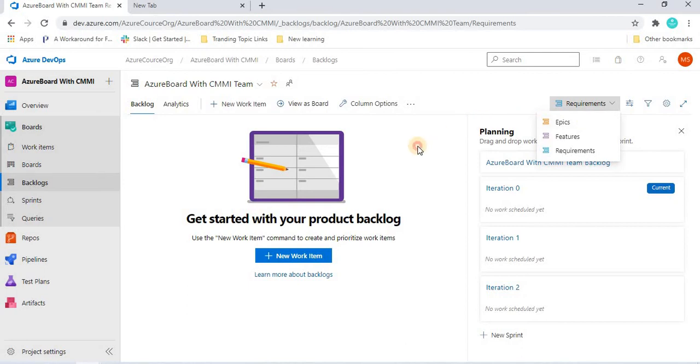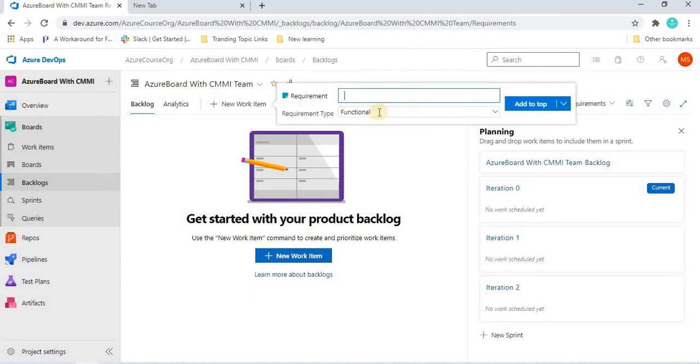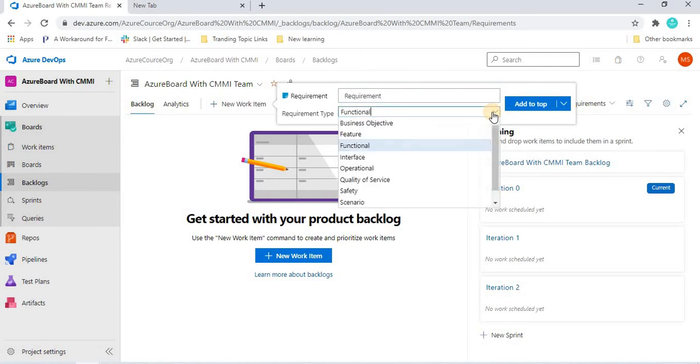So what I'm going to do is create a new requirement backlog. I click here, and I can give the requirement. Once I give any requirement, it asks what kind of requirement you are looking for. It's functional, a feature type, an interface, operational.